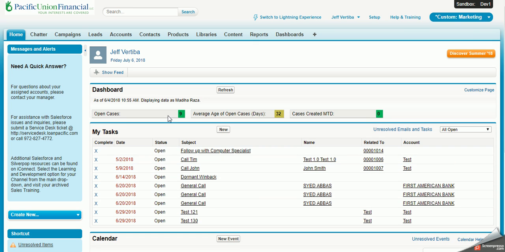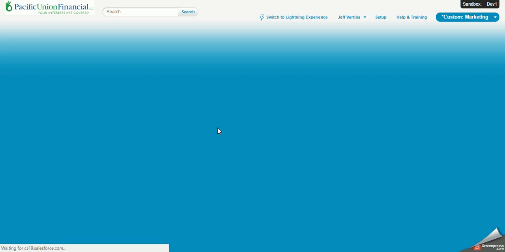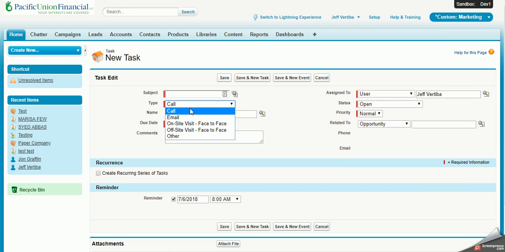As a quick rundown, let's just start with tasks. Tasks can be used to provide reminders and notifications, and as you can see, prompt users to follow through on calls to action. If you wanted to create a task to, say, remind you to call or email a client, visit a client, and so on and so forth, you can do so by creating a new task from the home page. In this case, we'll just say call client,